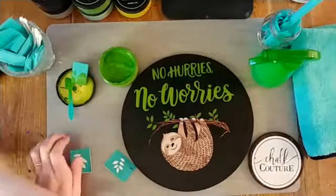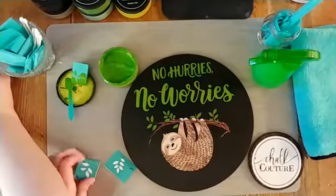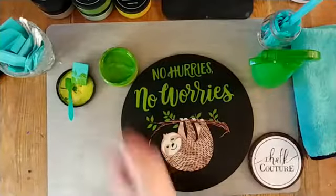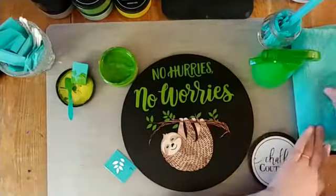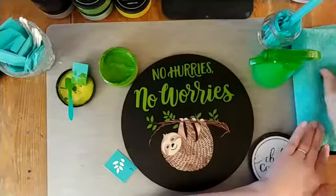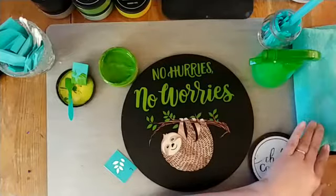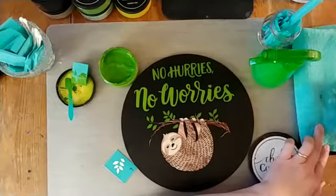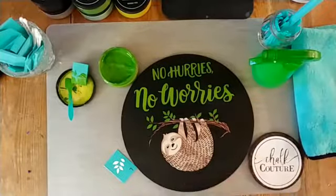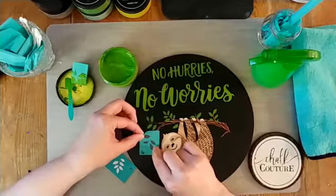Okay, now, if you need to do research before you do a transfer, by all means, look at our catalog online. There's an example of every single transfer that we make. And if you need to get an idea, you can just use the online catalog. And we have a lot of